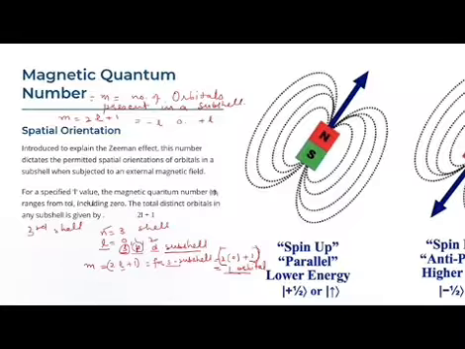Now for the P subshell, we will calculate the value of M. M is equal to, again that formula, 2L plus 1. What is the value of L for the P subshell? This is equal to 1. 2 into 1 plus 1, 2 plus 1, 3. It means 3 orbitals will be present